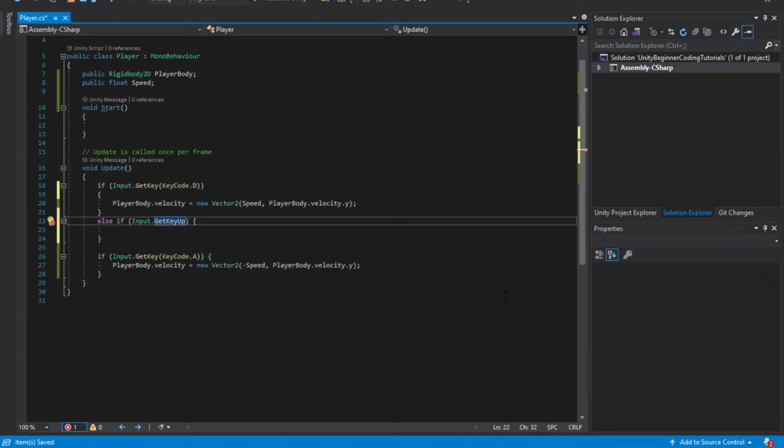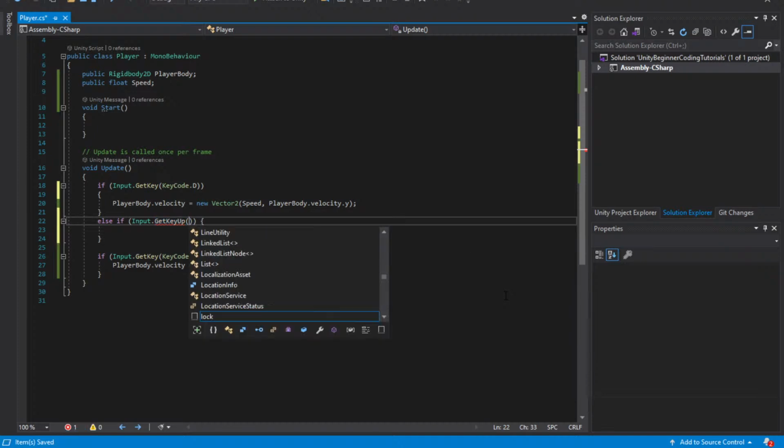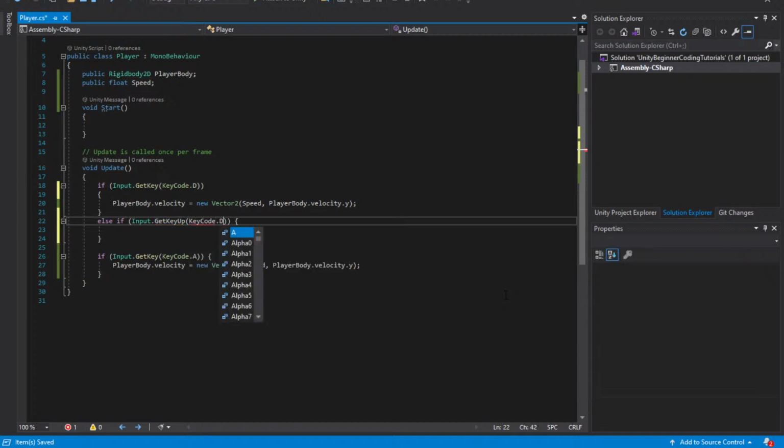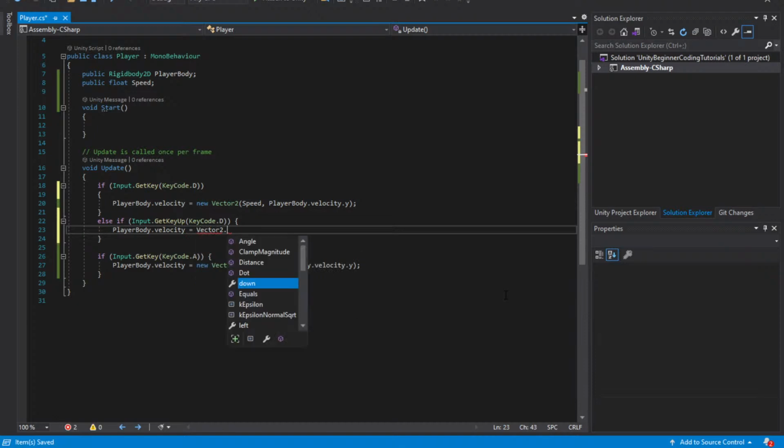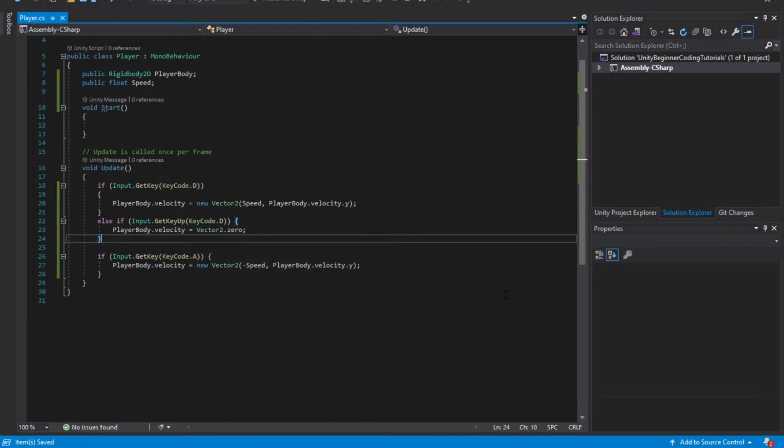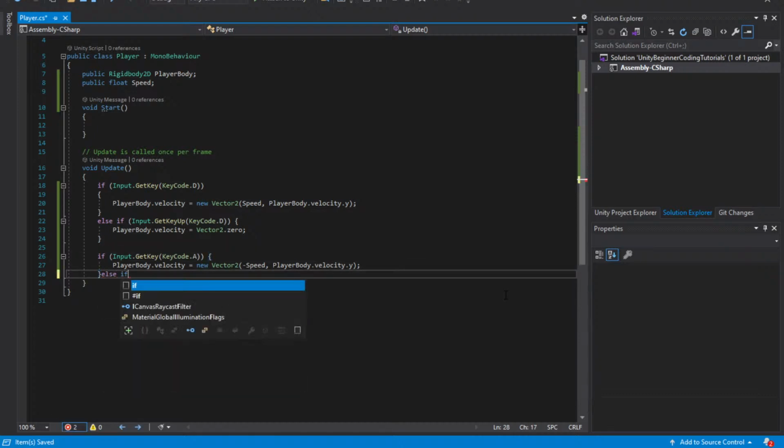If I just release the D key, key code dot D, then our player body dot velocity is going to be 0. So let's just code things. Player body dot velocity equals to vector 2 dot 0. Now the same we're going to do here. We're not going to copy anything today. Let's just do else if